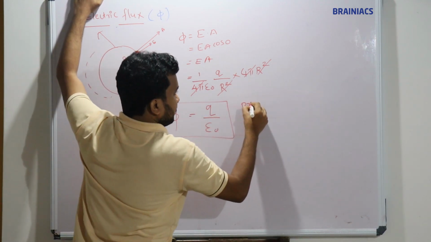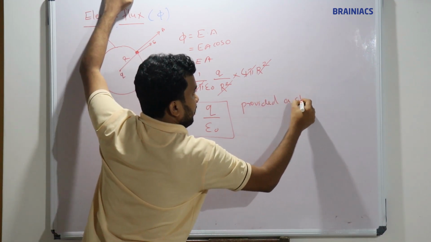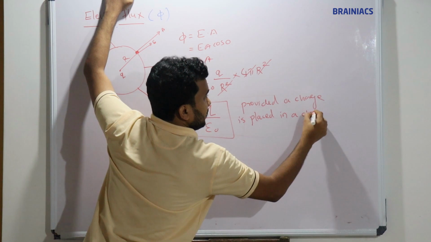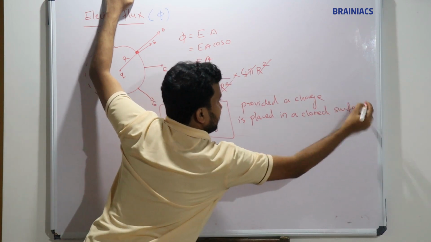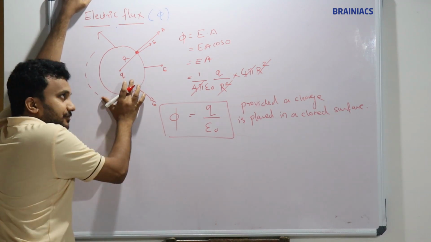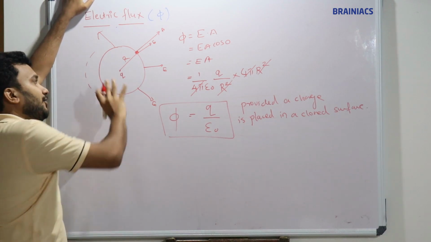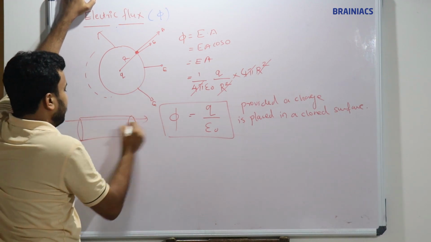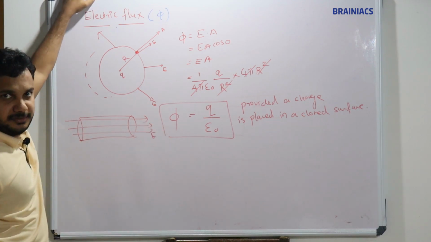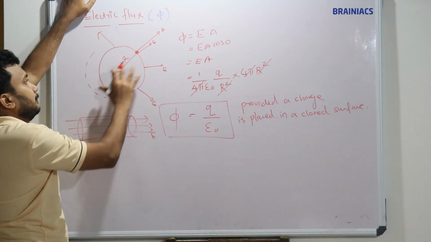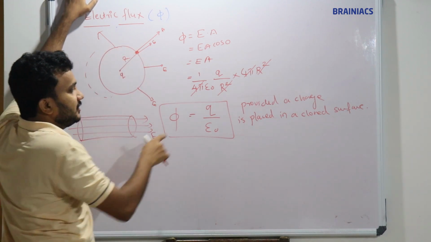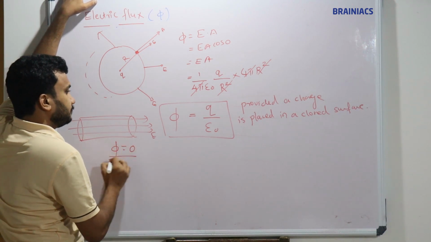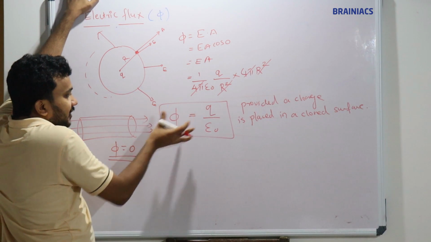Here we have a condition. What is the condition? Provided a charge is placed in a closed surface. Whenever we have placed a charge in a closed surface, then flux will be equal to Q by epsilon 0. If you have not placed any charge in the closed surface, as in our previous example, we have a cylinder like this. We told electric field lines are going like this. Here also electric field lines are going. But when we look into this sphere, charges are present. When charges are present, it is Q by epsilon 0. When charges are not present, the total flux in this case will be equal to 0. Okay, so by combining these two cases,